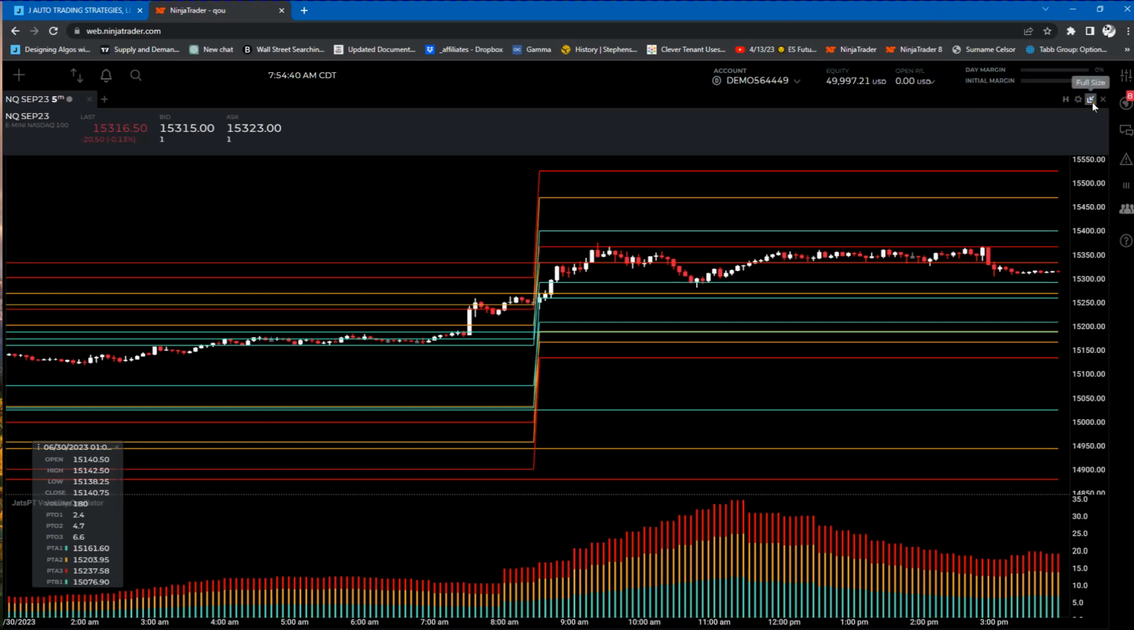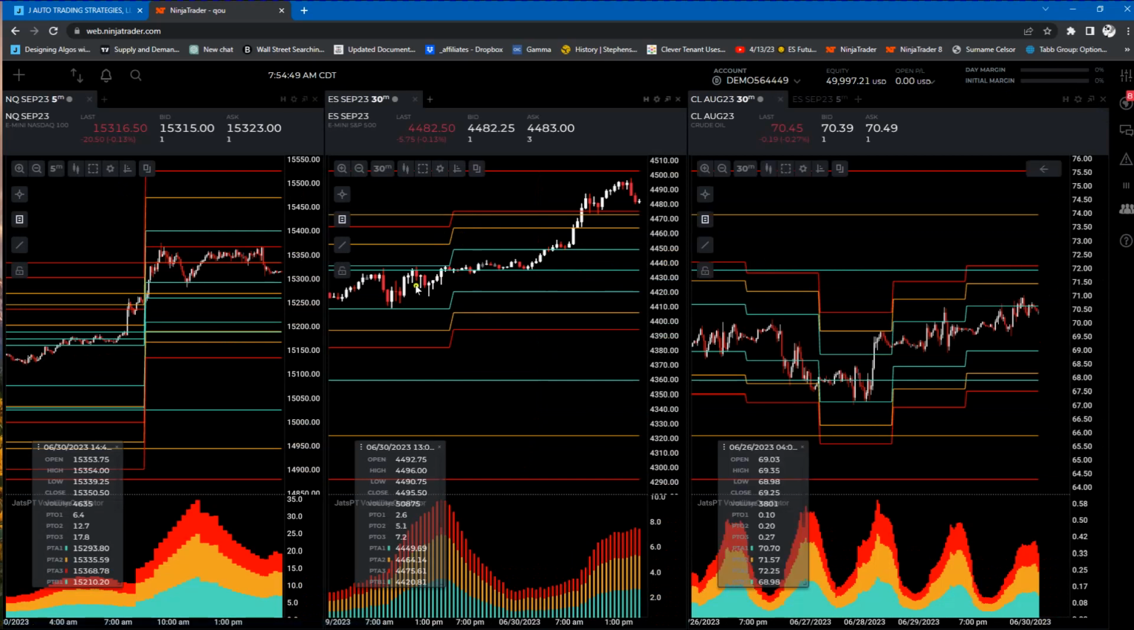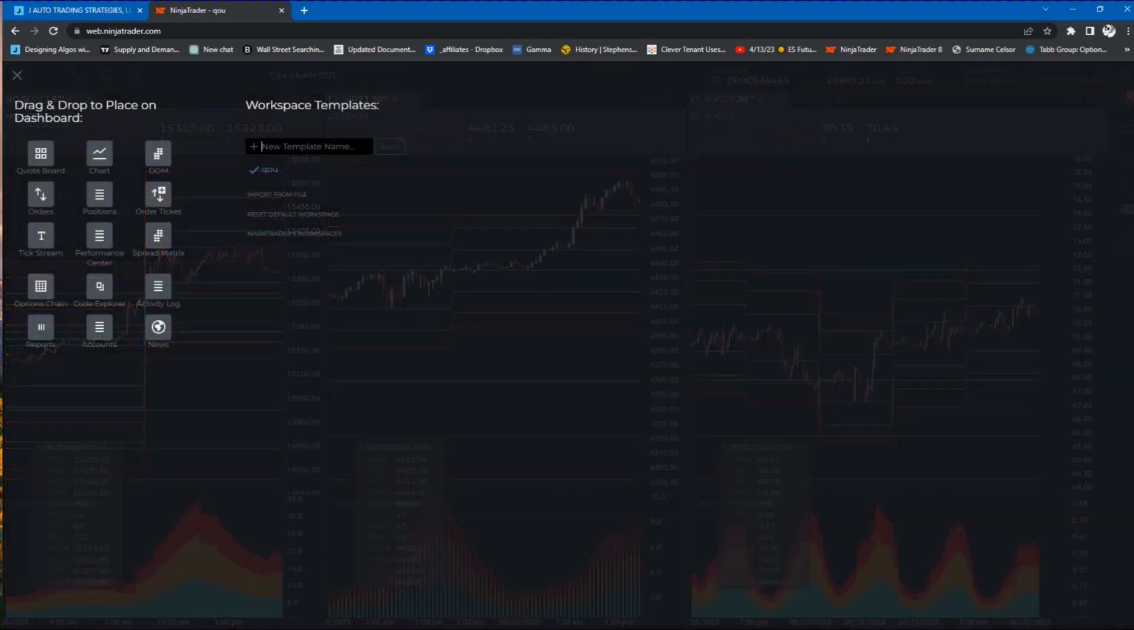So up here, you can see this little toggle that says full size. You can add multiple charts to the dashboard by clicking the plus button. And the plus button is your central command. So you can add a quote board, you can add another chart, you can put a DOM up or an order ticket, you can